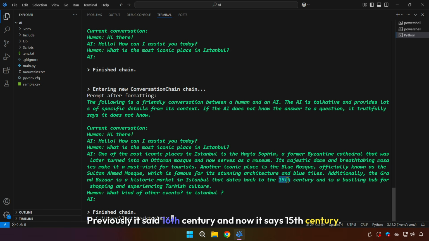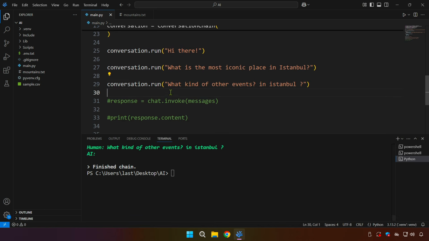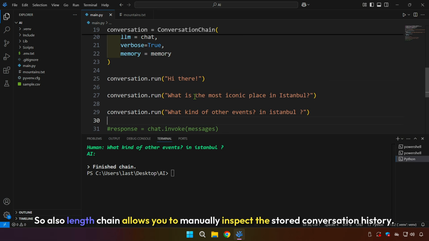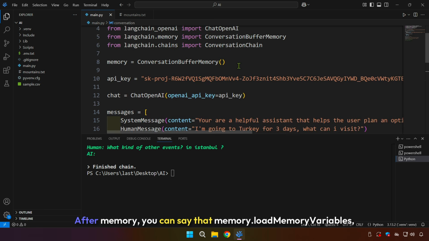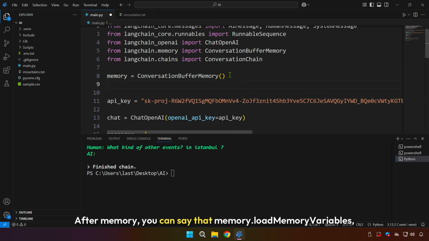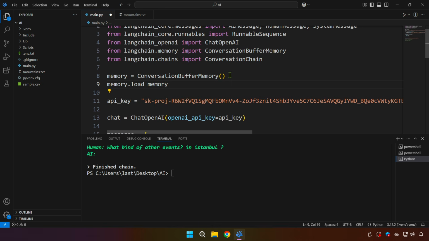Previously it said 16th century and now it says 15th century. So this function is particularly helpful. Also we have something here. LangChain allows you to manually inspect the stored conversation history. How you can do that is, after memory, you can say memory dot load memory variables,